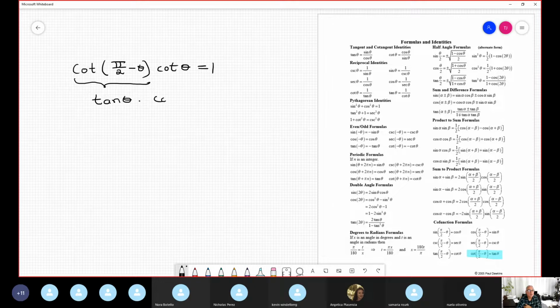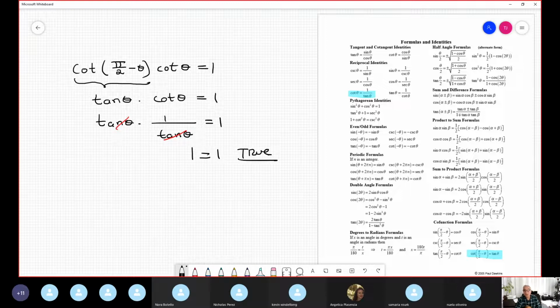Tangent times cotangent equals 1. Okay. So I take this identity. Look at that. I know that cotangent is the reciprocal of tangent. So now, for example, tangent stays the same here, and I copy the reciprocal of tangent, equal 1. And you see, wow, the tangents cancel out, and the answer is 1 equals 1. And you prove the identity. True.